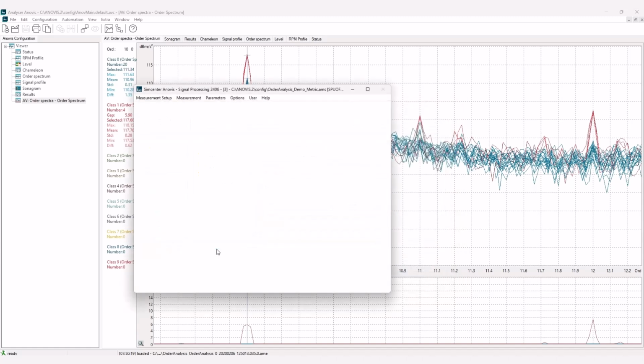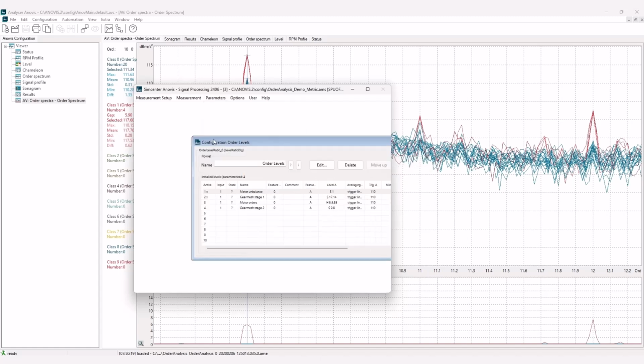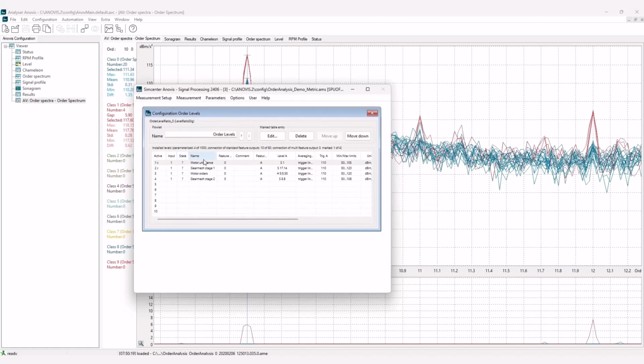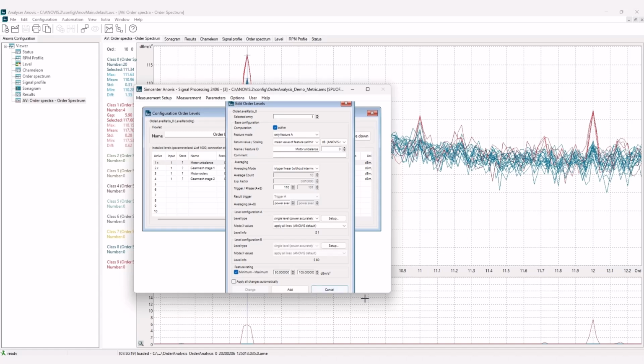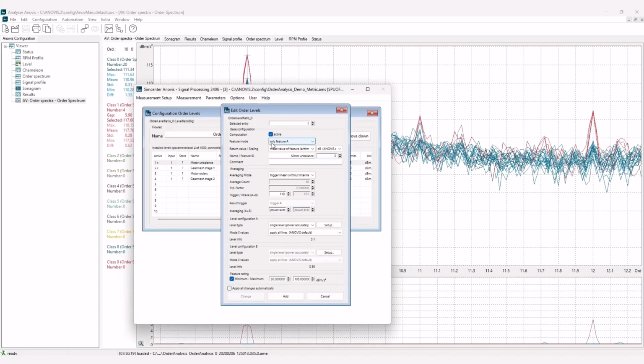Now, we're going to load the parameter that we want to apply this metric to. In this case, we're using orders. We can double-click on an existing item. That way it will pull up the existing trigger settings. We can effectively clone this set of settings by giving it a new name and using the add instead of change.